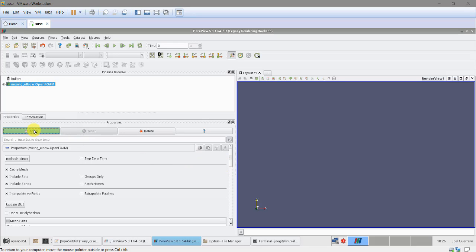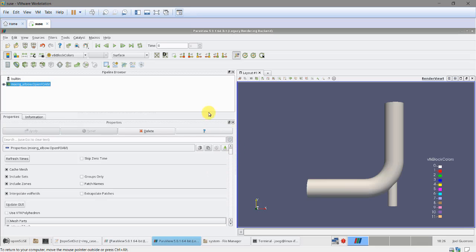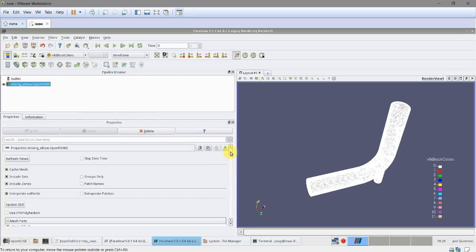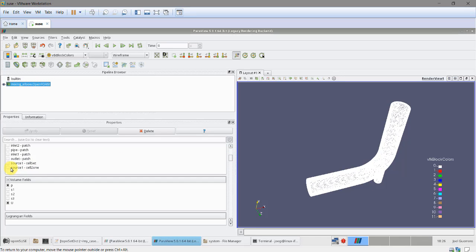Okay, it will take a while to load the mesh, I guess. So now that we have the mesh, let me put the wireframe, and then we can access those cells